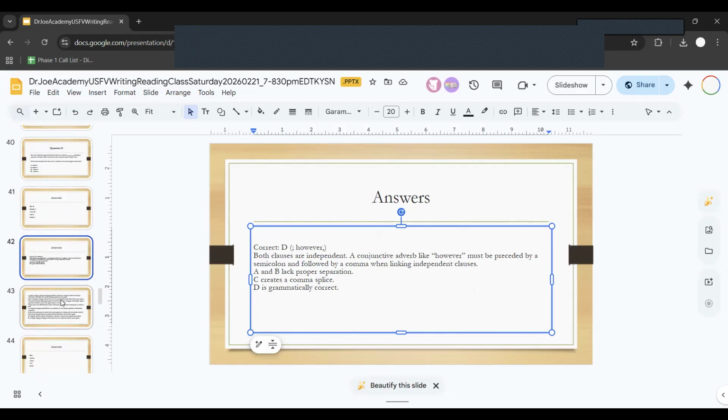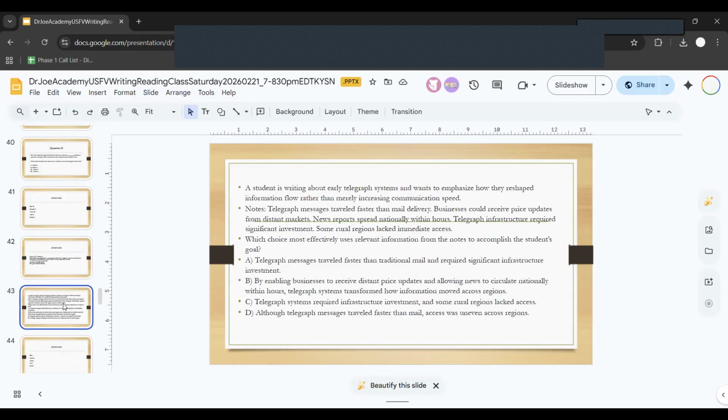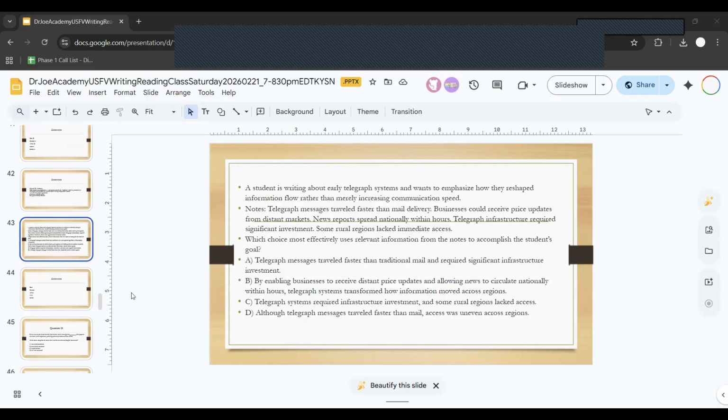Okay, let's take a look at the next question, question 14. Stanley, can you please go ahead and read this question? A student is writing about early telegraphic systems and wants to emphasize how they reshaped information flow rather than merely increasing communication speed. Note: